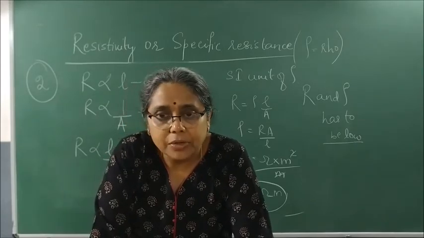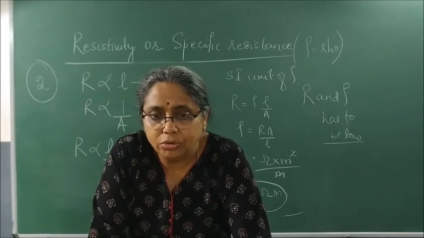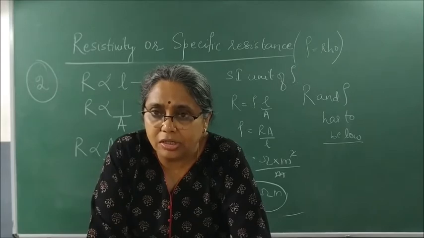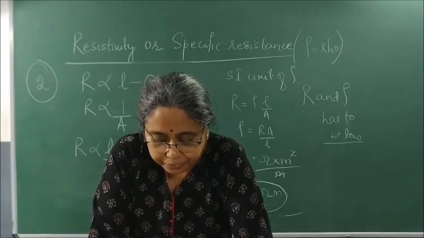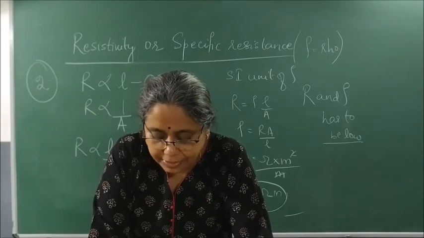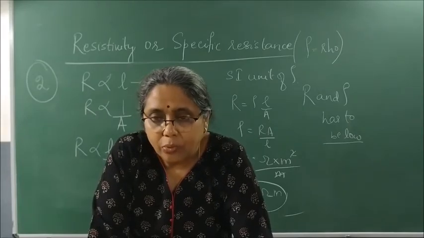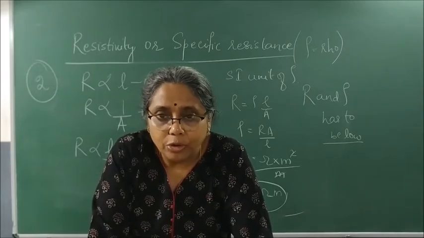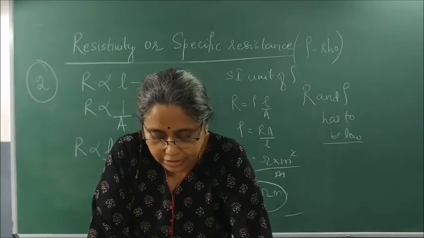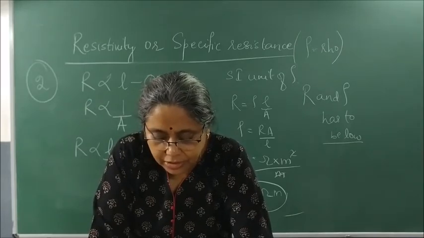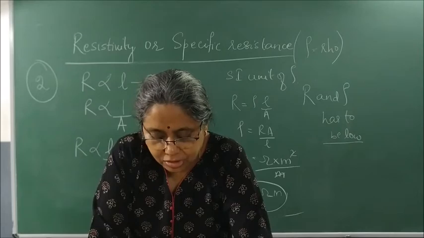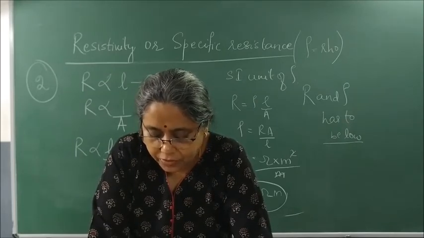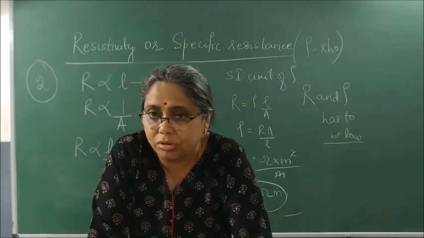Yes. The current depends upon the length because R is proportional to L. As the length increases, resistance increases, but current decreases. It is observed that the ammeter reading decreases to 1/2 when the length of the wire is doubled. More the length, more the resistance, less the current. The ammeter reading increases when a thicker wire of the same material and the same length is used in a circuit. A change in ammeter reading is observed when a wire of different material of the same length and same area of cross section is used.